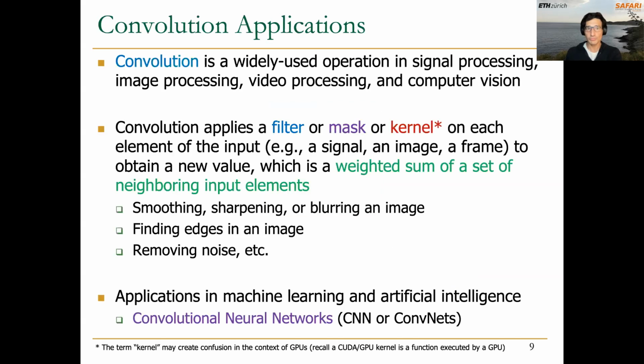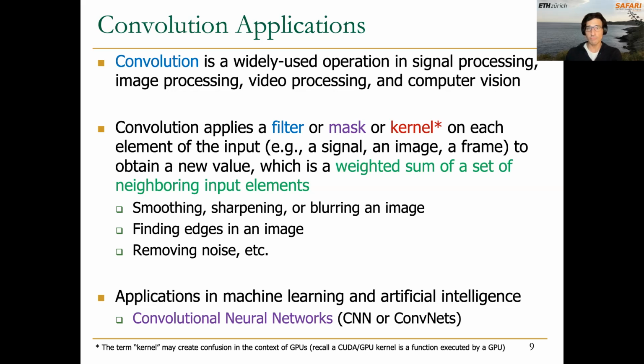thread block. The next parallel pattern that we covered in the course was convolution, a widely used operation in signal processing, image processing, video processing, and computer vision. In convolution, what we do is applying a filter or a mask on each element in order to calculate a weighted sum of a set of neighboring input elements. This convolution is especially important these days in machine learning and artificial intelligence, and in particular in the